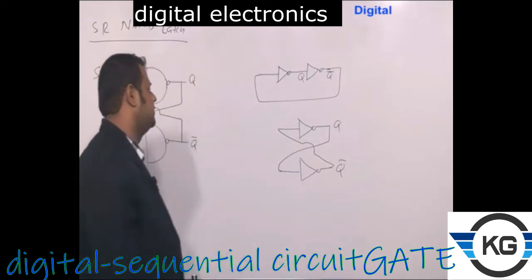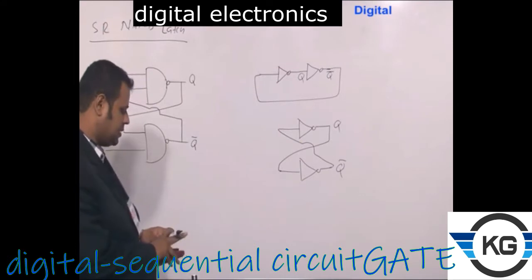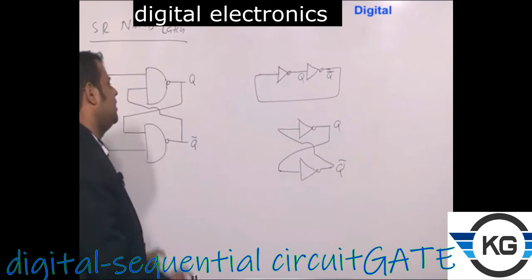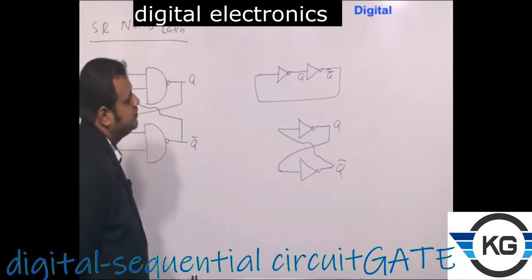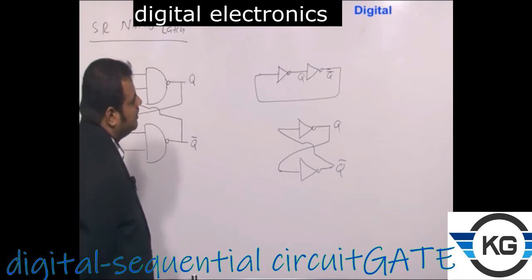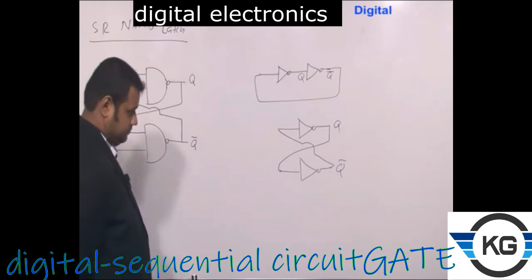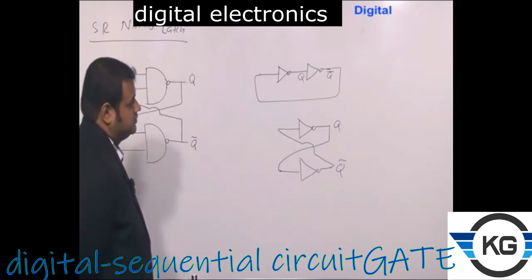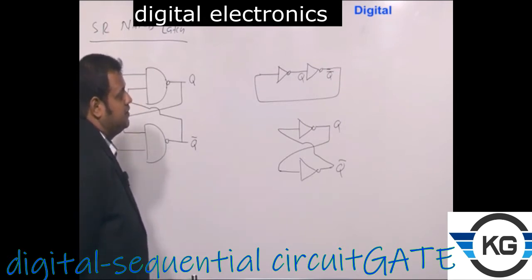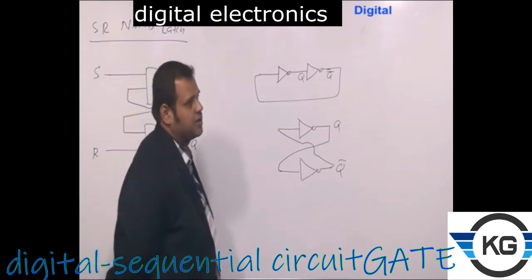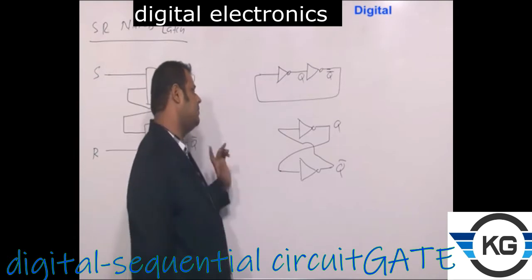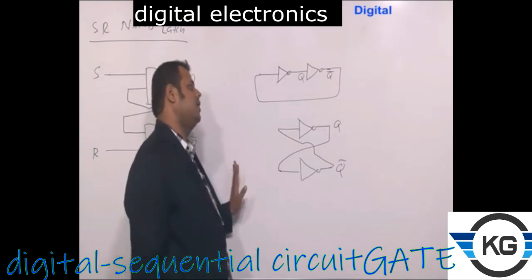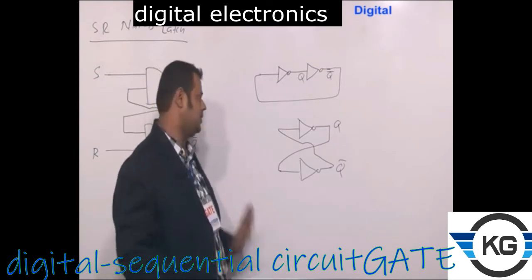But the question here is how I am seeing this as a 1-bit memory element. You may be thinking how it is a 1-bit memory element, because after all it is a NOT gate. The thing is that whenever you consider an individual NOT gate, if you give the input 0, you get 1. If you give the input 1, you get 0. There is nothing else beyond that.